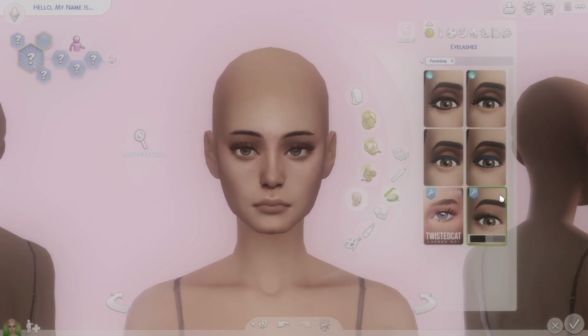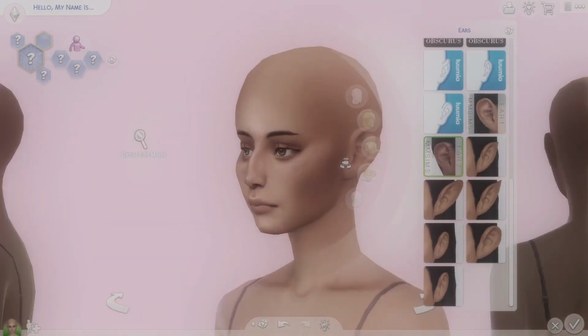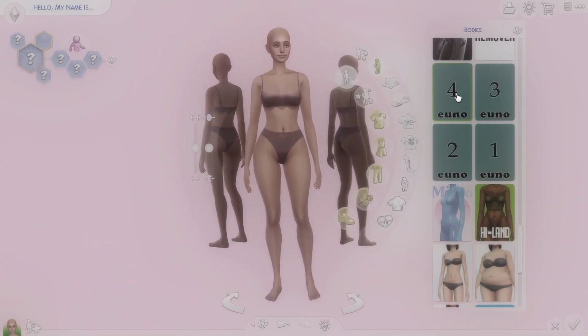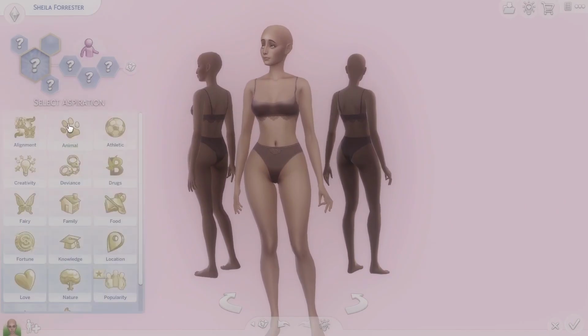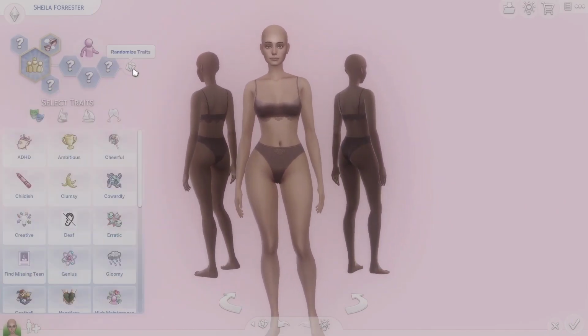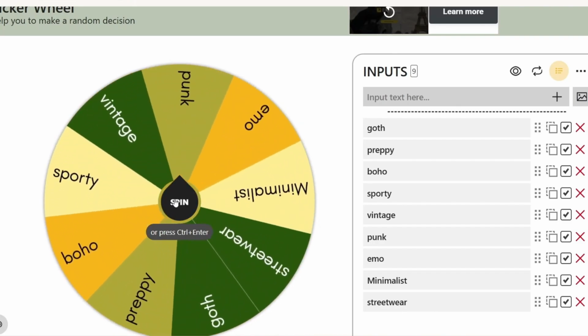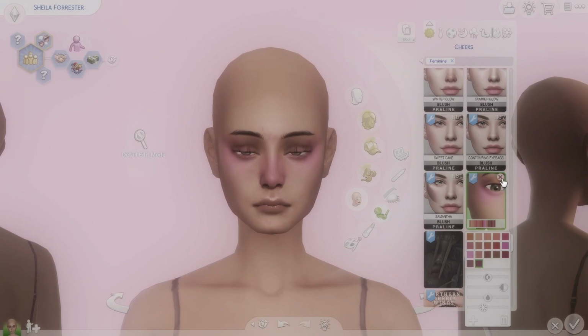No, I think she's so pretty. I absolutely love how she turned out. I randomized her name and her traits, as I usually do, and her aspiration. So anyways, I spun the wheel, and the first fashion I got was